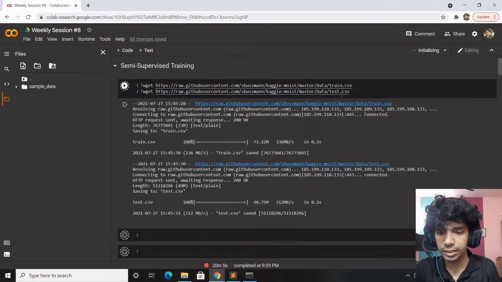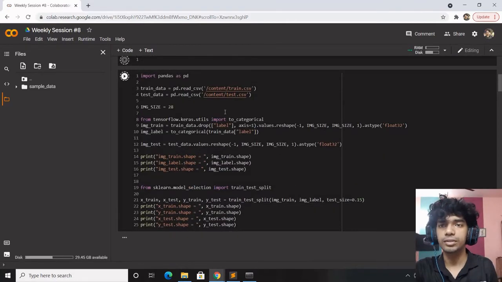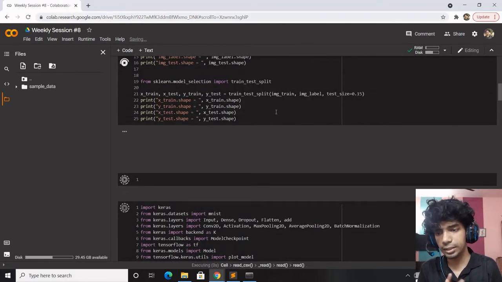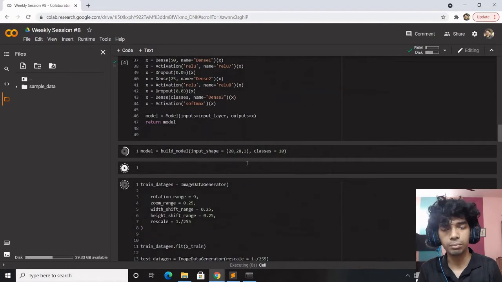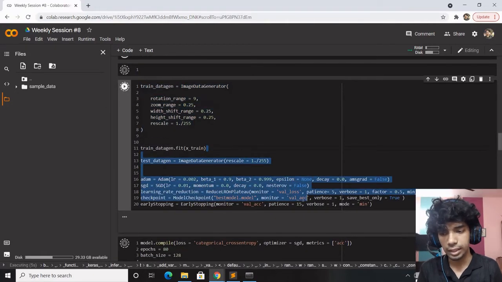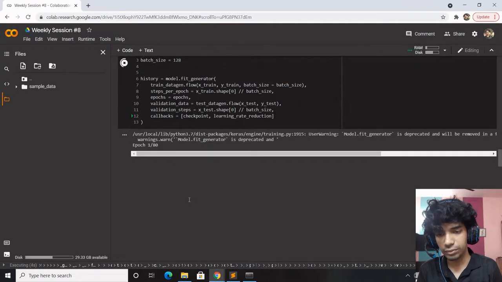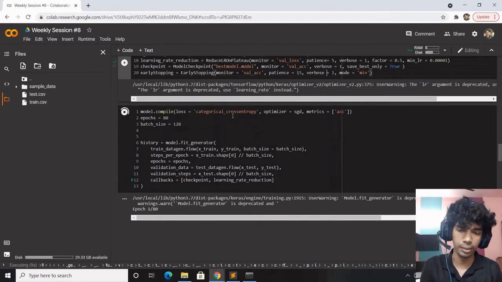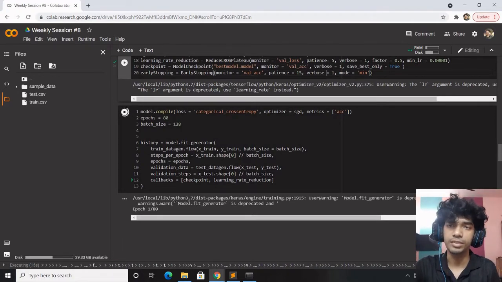So we are getting the MNIST data. After getting the MNIST data, we are reshaping it so as to obtain the images for training and labels. Once that is obtained, we are splitting the data into X train, Y train, X test, Y test. We made a convolution neural network, defined the image generator, fit the image generator, and defined the various parameters, model compile and model fitting. It would be fitting for over 80 epochs. Once we are done with that, we will proceed to pseudo labeling. If everything went perfect, then model training must begin.